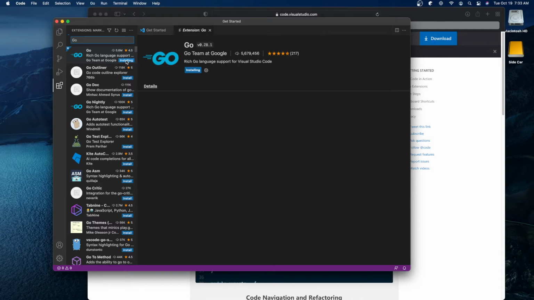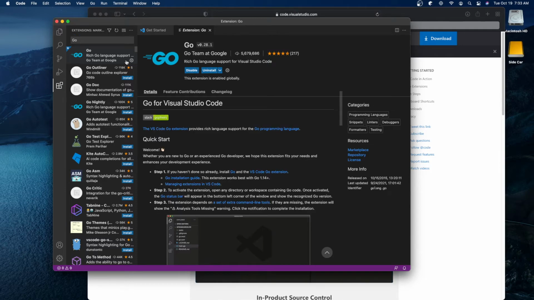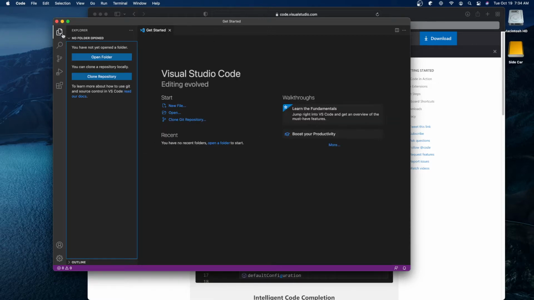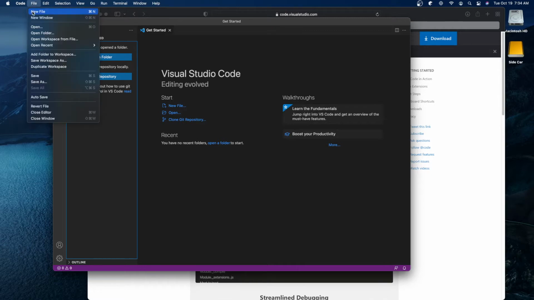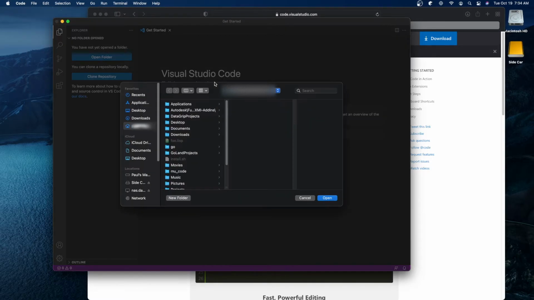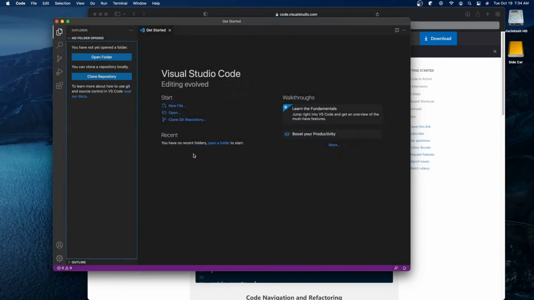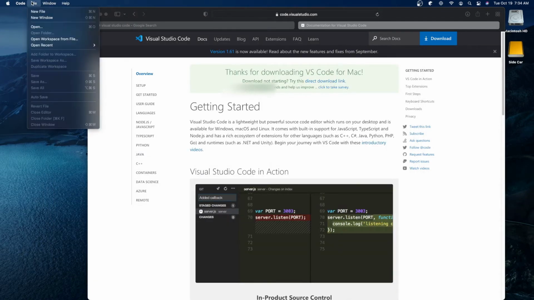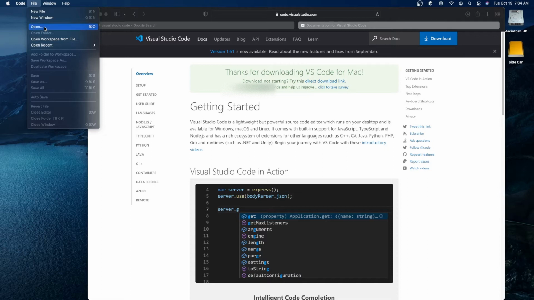All right, so let's go ahead and install the Go language. Great. With that done, let's go ahead and create a new project. So File, New File, or let's do Open Folder. And in my projects directory, oops, I didn't open my projects directory. File, Open,